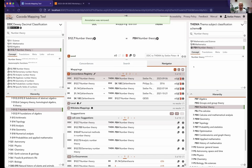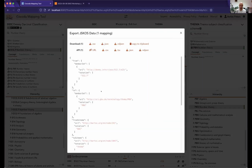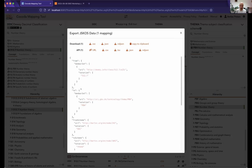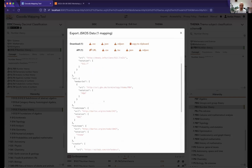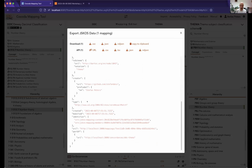Okay, what I can quickly show is, Jacob also talked about the JSKOS format. Here you can see the details of the mapping that we just created, and in many places we have this source data icon, and there we can access the JSKOS data of that mapping. So we can see we have from and to. These are the concepts that we selected. We have the vocabularies here. We have the creator, that's me, the exact match type, when it was created and modified, identifiers,